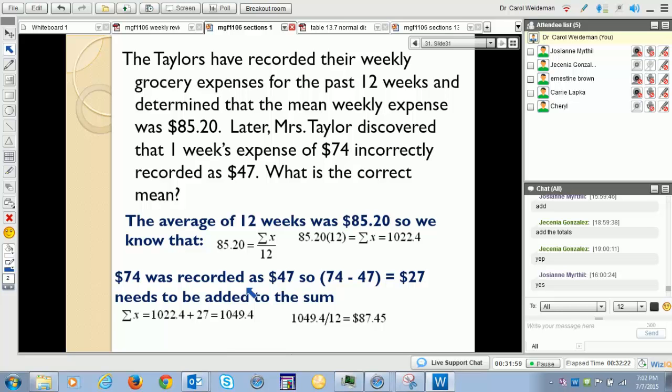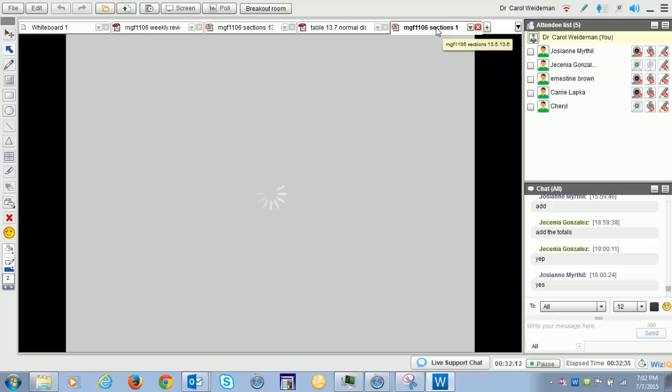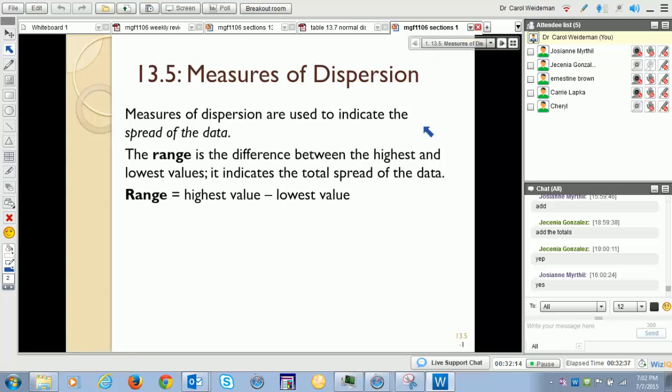Okay, so we did mean, median, mode, and mid-range, 4 measures of the center of a distribution, or the most typical, sometimes we call it. All right, so let's go on to measures of dispersion. This tells us how spread out the data are. So are the data values tightly clustered, or is there a large variation among the data values? The easiest one to calculate is the range, the highest minus the lowest.